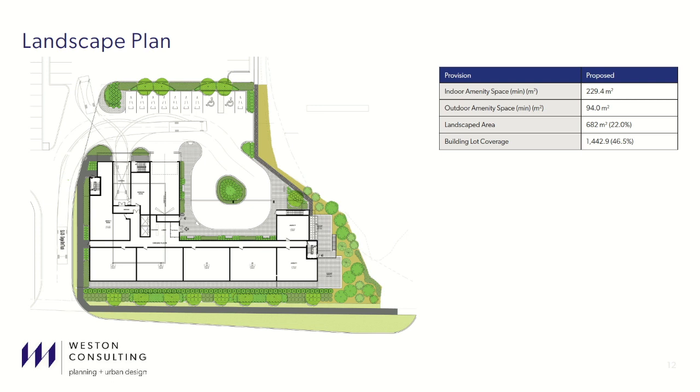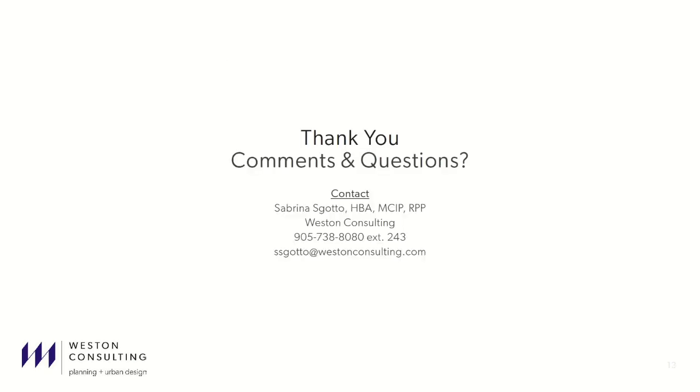The ground floor area contains loading area, garbage room, 3 amenity rooms, as well as a lobby, concierge, and outdoor amenity area on the southwest of the building. So the amenity rooms might contain such features as a kitchenette or an exercise room. Those will all be determined as we go through the review of the application with site plan approval. That's my presentation this evening. I'm available for questions.